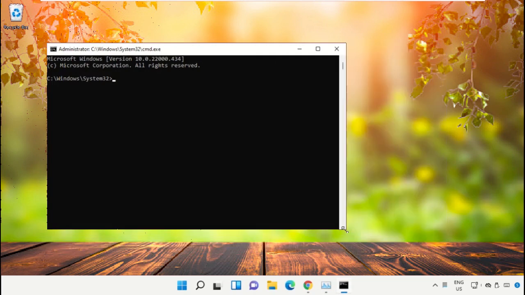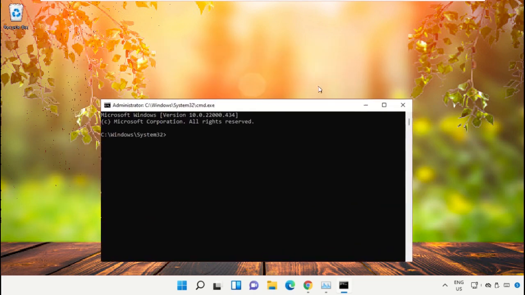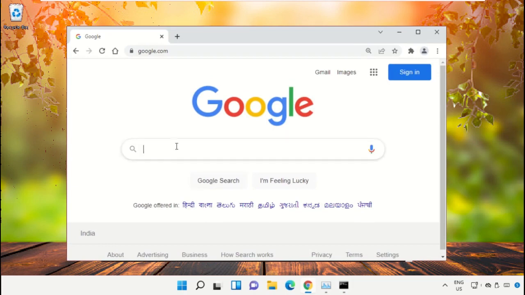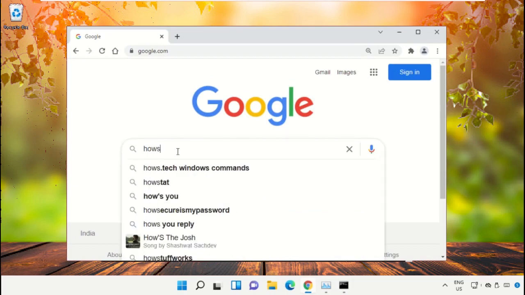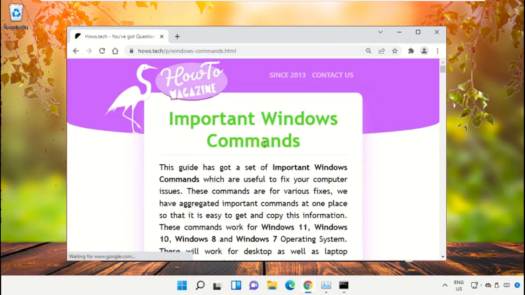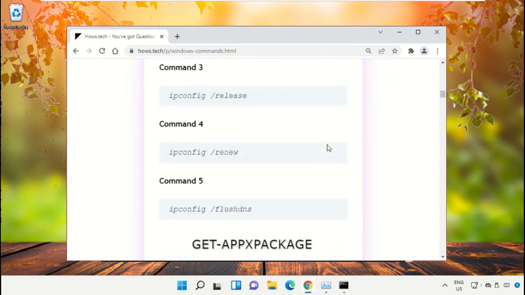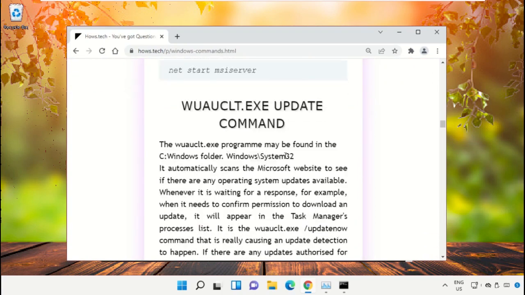To avoid mistakes, we already have a list of commands to make it easy for you. For that, open the Google Chrome web browser, then type hows.tech Windows commands and hit enter. Now click on this link, which is from www.hows.tech. Now just scroll down